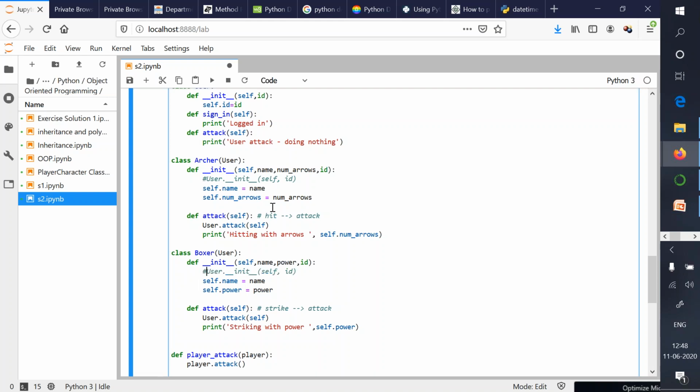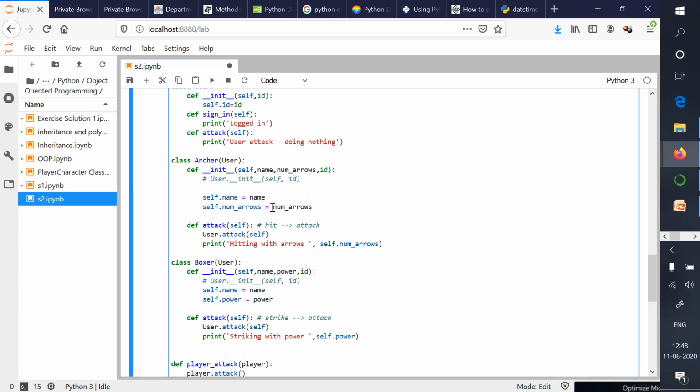Because we are trying to understand the usage of super, I'll comment these statements out, and instead I'll write super.__init__ and ID.